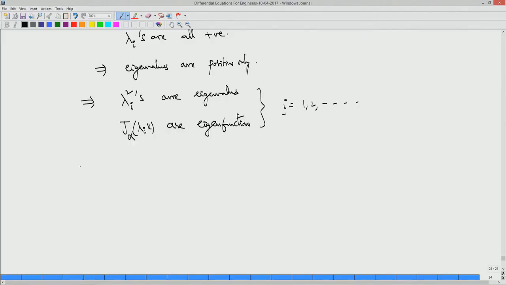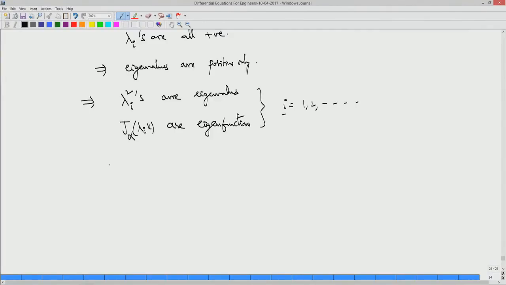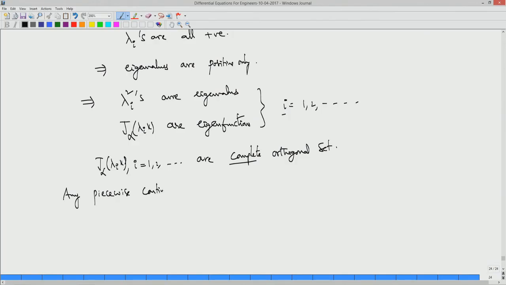So, immediately, from the properties of the skew-symmetric or Hermitian operator L, you see that these eigenfunctions J alpha are orthogonal and complete. From the properties, J alpha of lambda i x, i from 1 onwards, are a complete orthogonal set. The meaning of completeness is that any piecewise continuous function